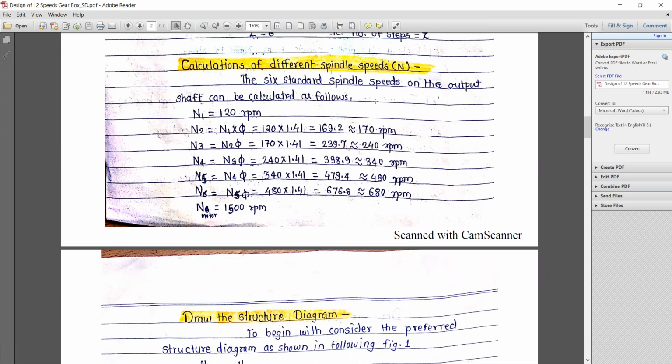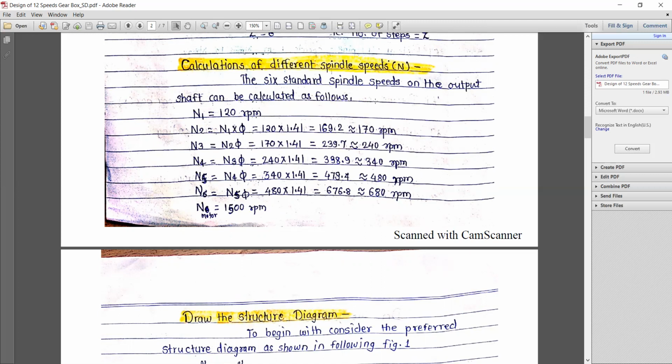So N1 is equal to the minimum speed, that is 120 rpm. N2 is equal to N1 into phi, that is 120 into 1.41, which is 169.2, which is equivalent to 170 rpm. N3 is equal to N2 into phi. So similarly, N3 we can find 240, N4 that is 340, N5 that is 480, N6 that is 680, and